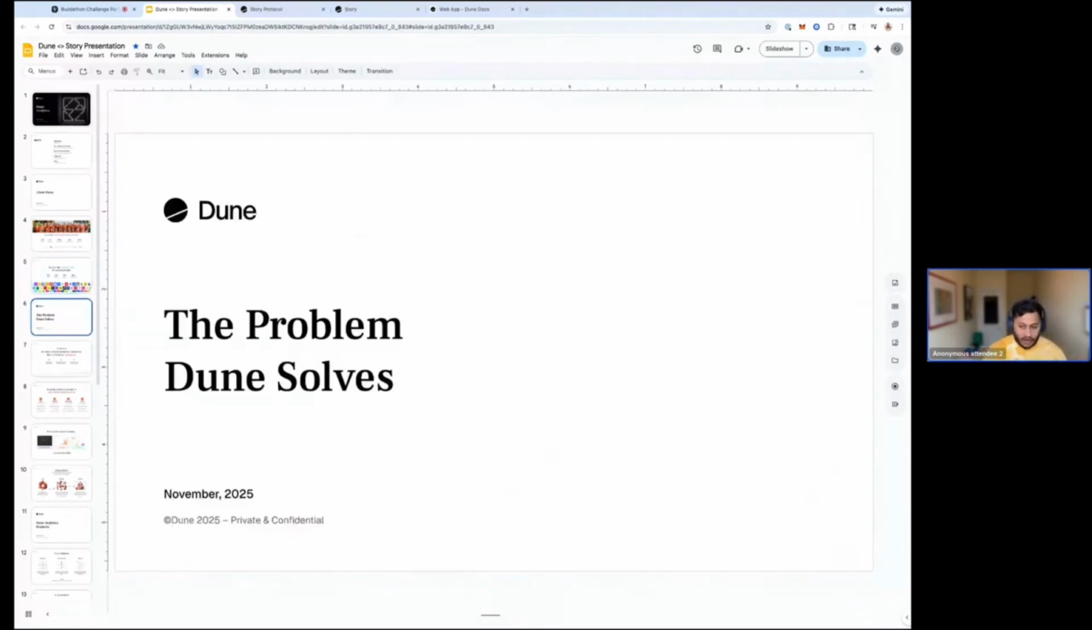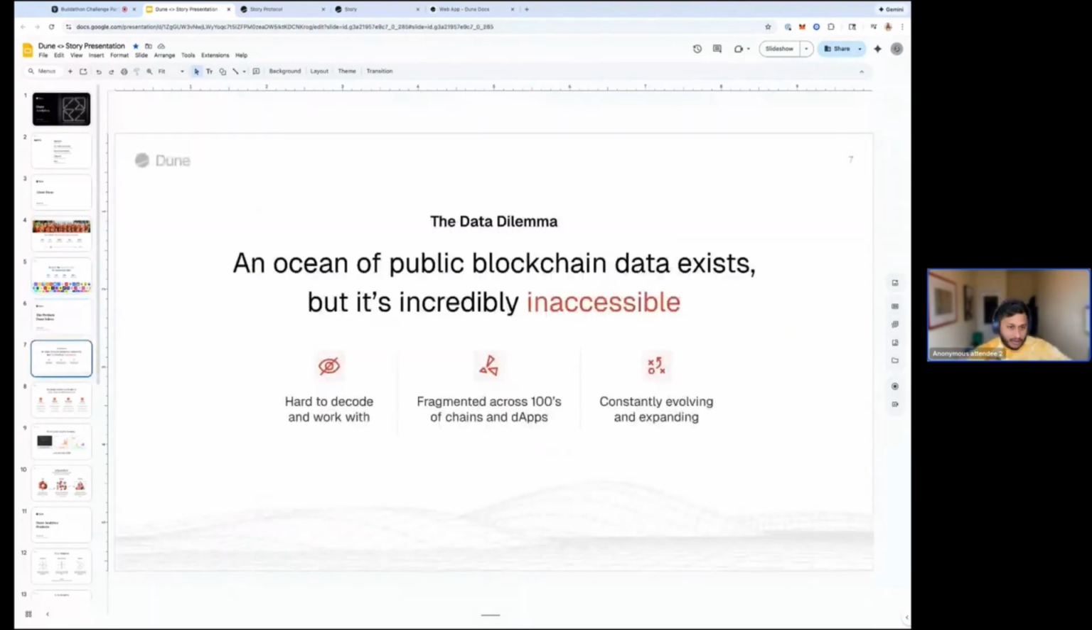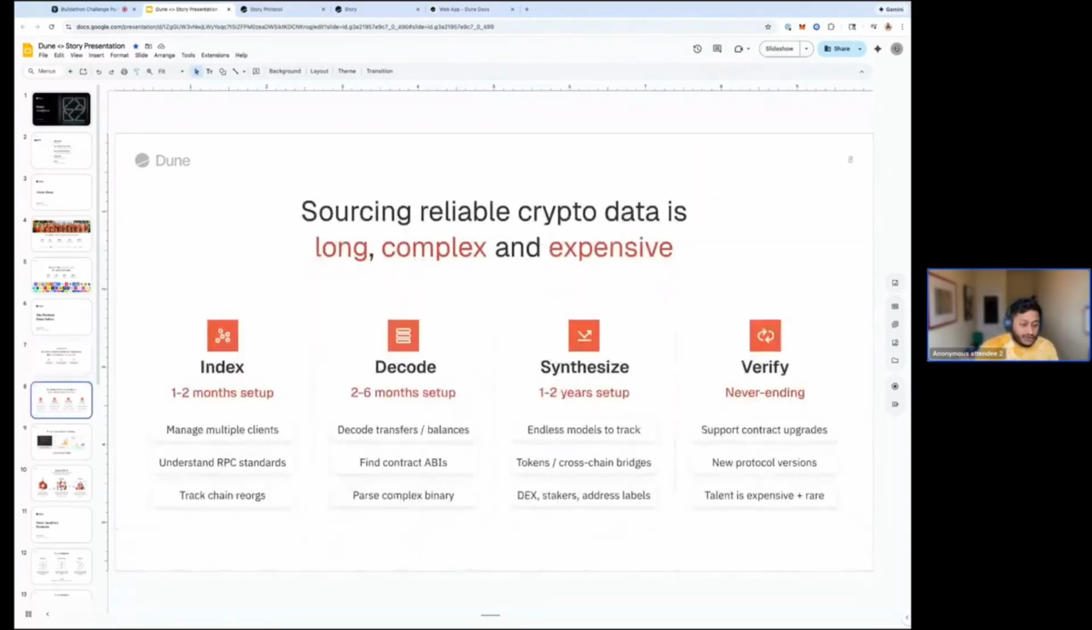And kind of the problem we're solving here is, I think a lot of people know that blockchain data is inaccessible. It's pretty hard to decode. It's fragmented across many chains and dApps, and it's constantly evolving and expanding. So it's really hard to keep tabs on. And to do so, you have to index, decode, synthesize, and verify crypto data, which is expensive and complex. It's long, and different chains, as you've probably noticed, have incredibly different